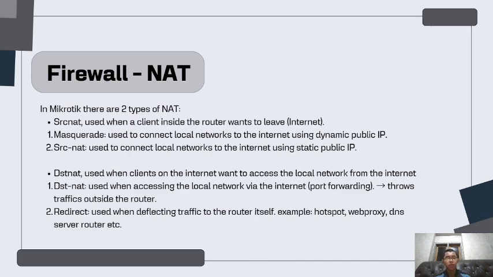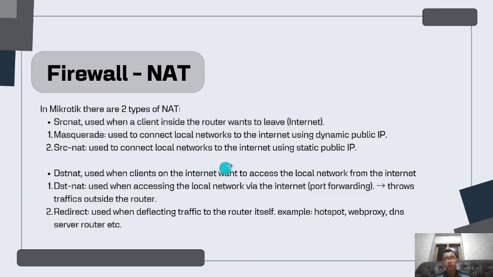SRC-NAT is used when a client inside the router wants to leave the router, or wants to connect to the internet, and the DST-NAT is used when the clients on the internet want to access the local network from the internet. In the source NAT, there are two types: Masquerade is used to connect the local networks to the internet using a dynamic public IP, and then the source NAT is used to connect local networks to the internet